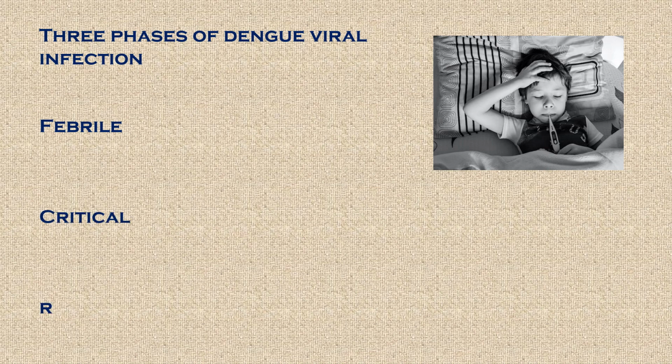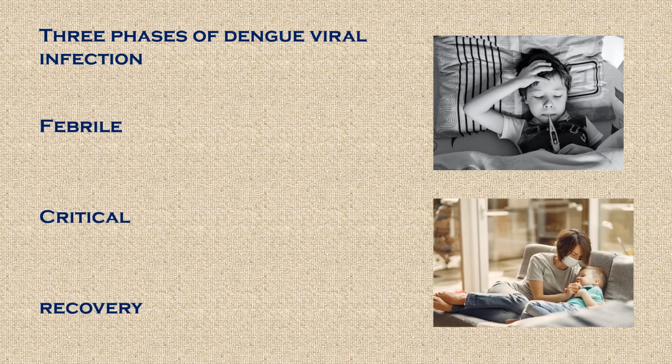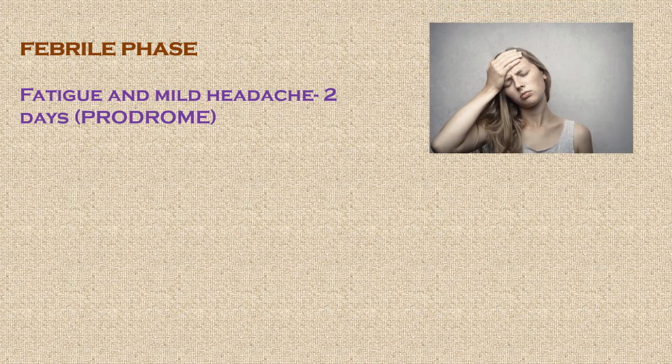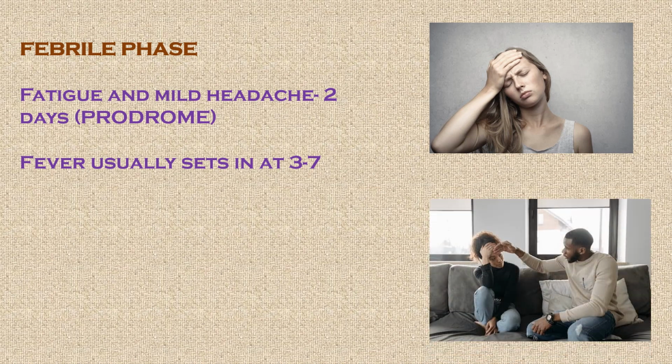There are three phases of dengue viral infection: febrile phase, critical phase, and recovery phase. Now let us go through each of them in detail. The febrile phase begins with fatigue and mild headache, which is experienced in the first 2 days, also called the prodrome phase. The fever then sets in at day 3 and lasts up to day 7